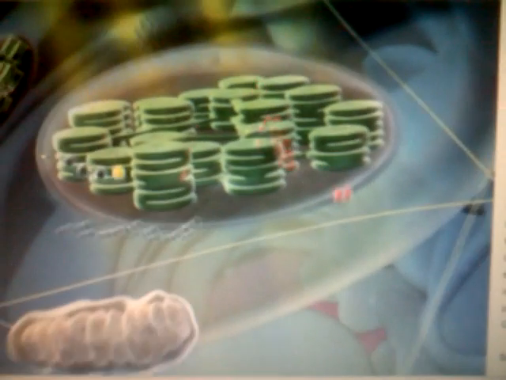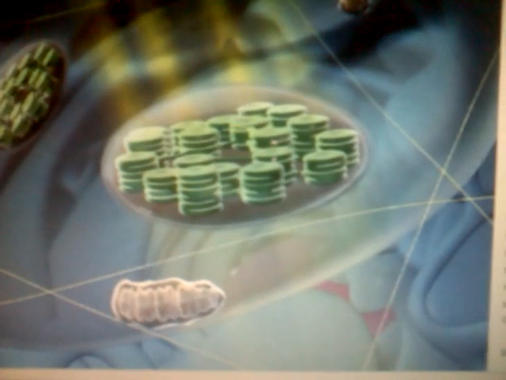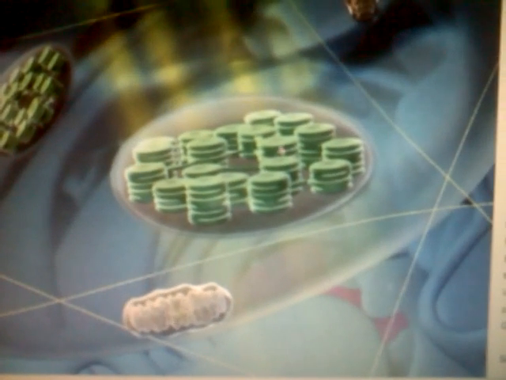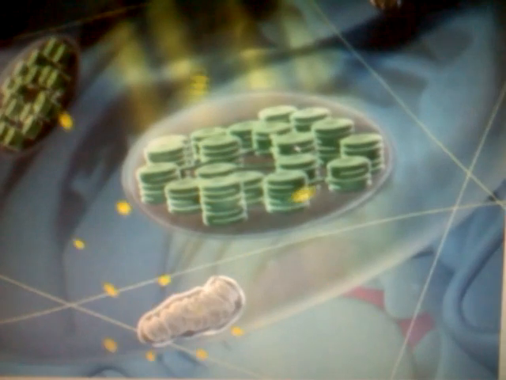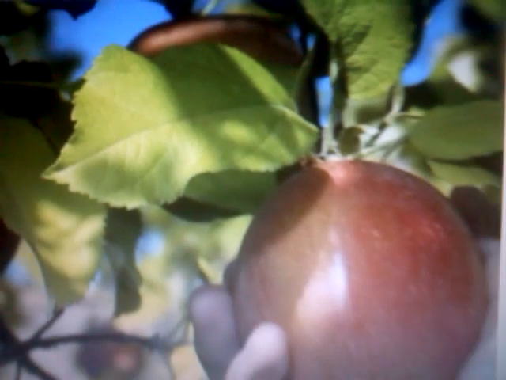And some of the sugar is broken down by cellular respiration using oxygen in the plant's own mitochondria, generating ATPs that can power other work of the plant. Excess oxygen diffuses out of the leaf through the pores, while more carbon dioxide enters. With three simple ingredients, carbon dioxide, water, and light, plants produce sugar and oxygen by